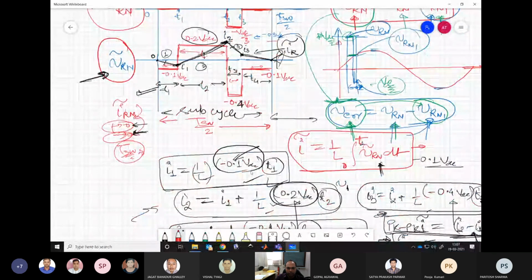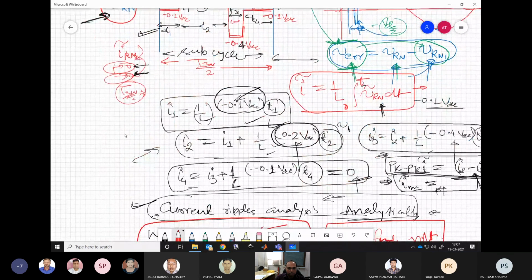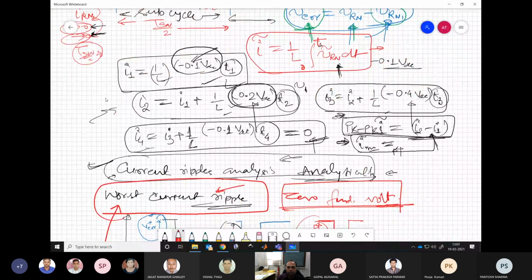Now if you change the value of VDC or L, this will also change the ripple on an average, throughout the waveform. If you have more VDC, it will have more current ripple. If you have lesser leakage inductance, it will have more current ripple. If you reduce the switching frequency, that means TSW in total, all these intervals T1, T2, T3, T4 will be reduced, so your current ripple will reduce. This is how you can correlate with what you are doing.